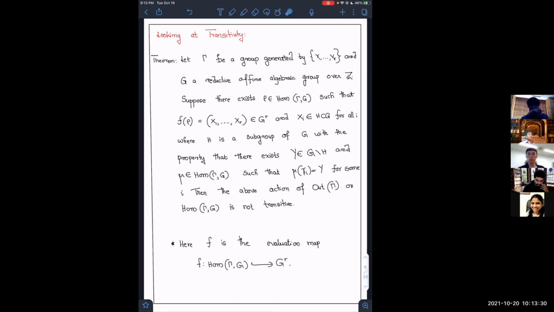So first, this is a theorem which tells us when this action is not transitive. Suppose gamma is a group generated by gamma 1 to gamma r, and G is a reductive affine algebraic group over the integers. Just to refresh your memory, I mentioned earlier that we can embed the set of homomorphisms into the r-fold product of G by the evaluation map, by sending rho to rho of gamma 1 up to rho of gamma r. So F is the evaluation map. If there exists a rho such that its image sends each of the generators to an element of a subgroup H of G,